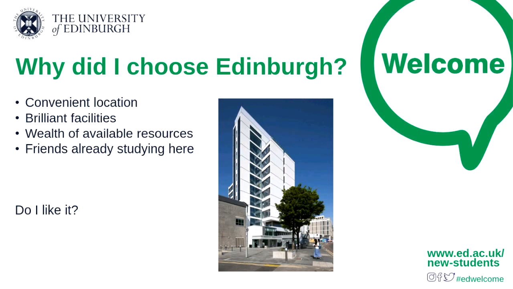So why did I choose to study at Edinburgh? Well, it's quite local to me, obviously. I know the area, so I didn't really have to go somewhere new and experience new things. It's in quite a nice location, I think, in the middle of town. There's brilliant facilities, and that doesn't just mean there's loads of cool computers in Appleton Tower. There's some very historical and beautiful buildings like McEwan Hall, which you don't really get to go in, but there's occasionally an event where you can go in, and it's an absolutely beautiful building. And stuff like the Informatics Forum as well.